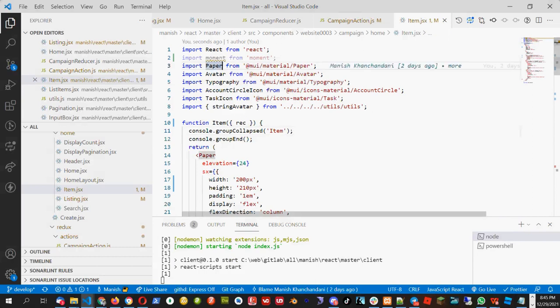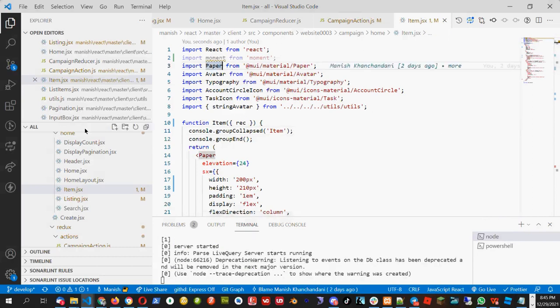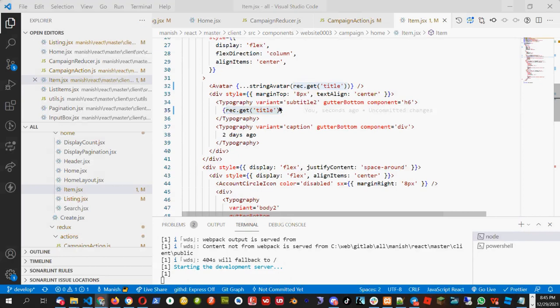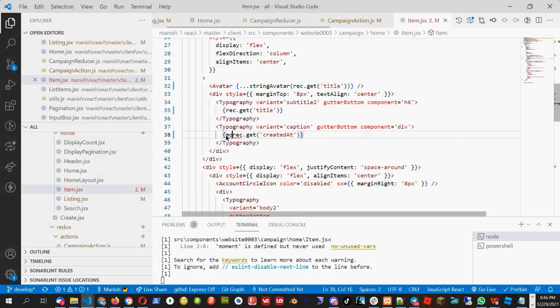Now I have to use this moment on this page. First let me tell you how to get the created date. We will use rec.get created at. This is the name in the database. Now we have to wrap this with moment.